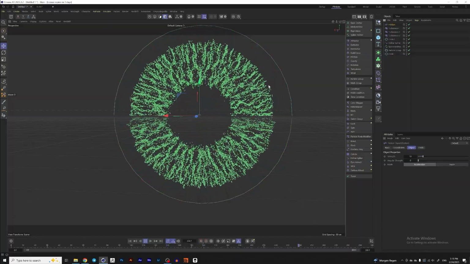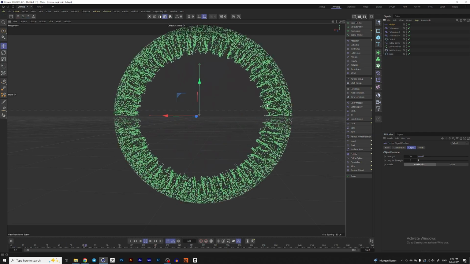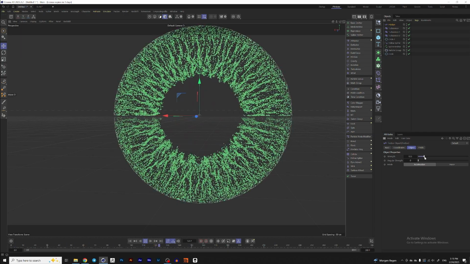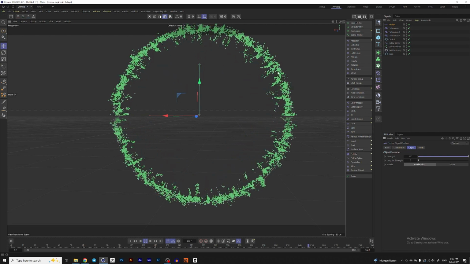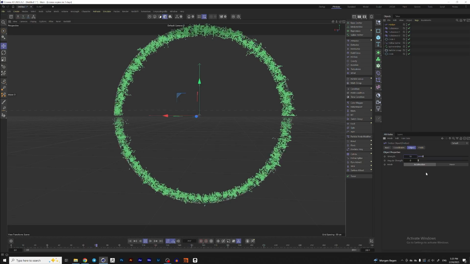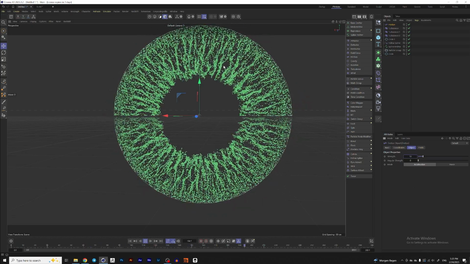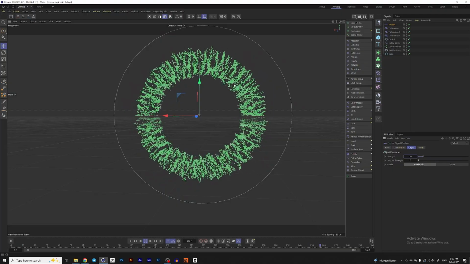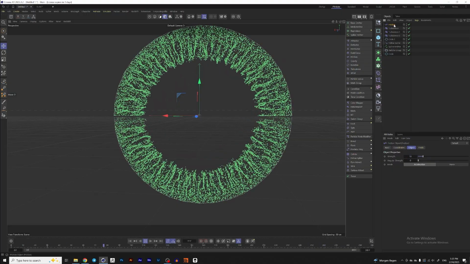Friction works in that way that it makes our particles travel a little bit slower. For example, if I put here 100, you will see that particles almost stopped moving. So we will leave the number 10. But I want particles to travel a little bit slower in the center of our composition, and for that